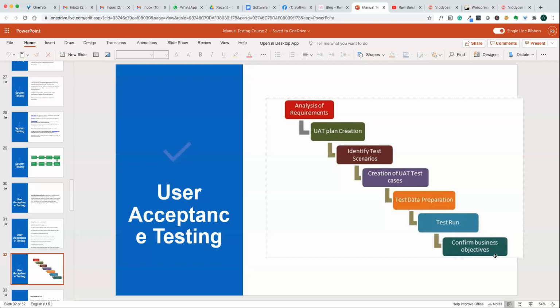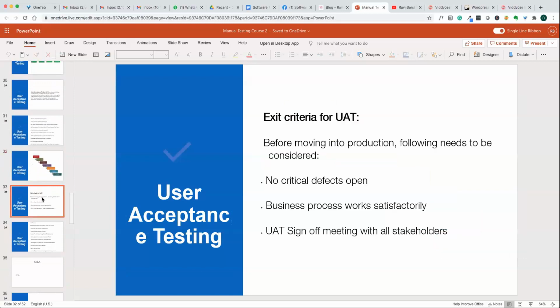Right, then confirm business objectives. So basically, whatever is the requirement, they confirm that it is working or it's not working. Is there any other change required at the end of the user acceptance testing. Right. So once this is done,